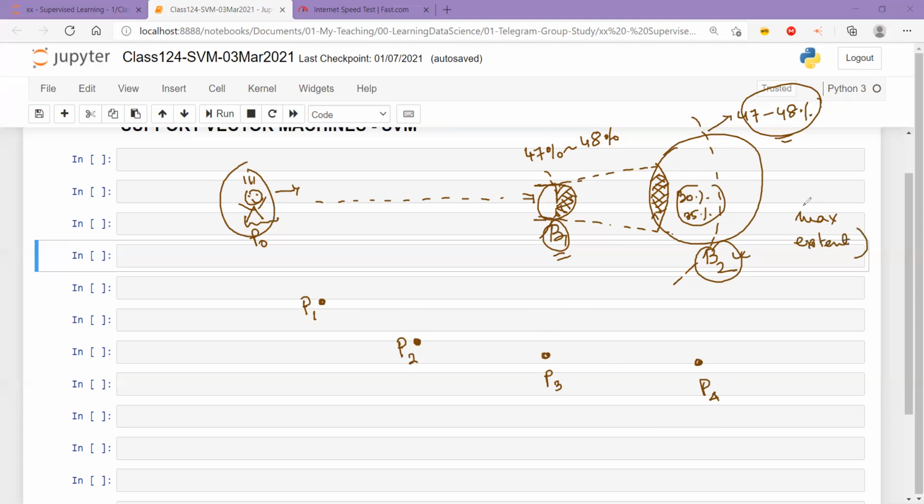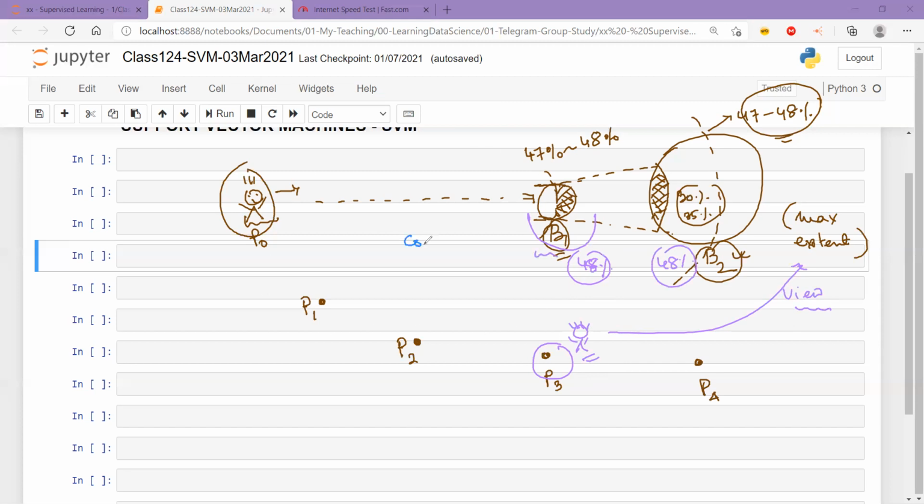That's the intent here, that I have to select one place, let's say P3. I'm going to make this person stand at P3. While being at P3, he can look at almost 47 or 48% of ball B1 and also 48% of ball B2, right? Which means that this is the place from where the maximum view of both the balls is there. So this becomes the core idea, we said, right?